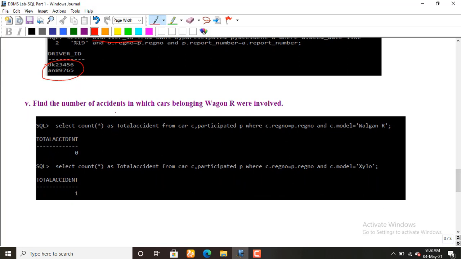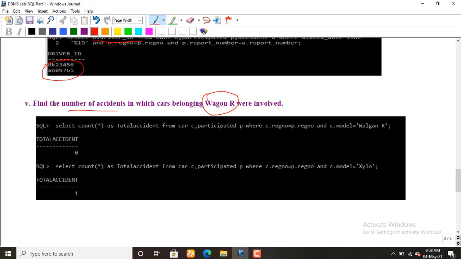Next, find the number of accidents in which cars belonging to the Wagon R model were involved. Okay, so find the number of accidents. I will start from the FROM clause.